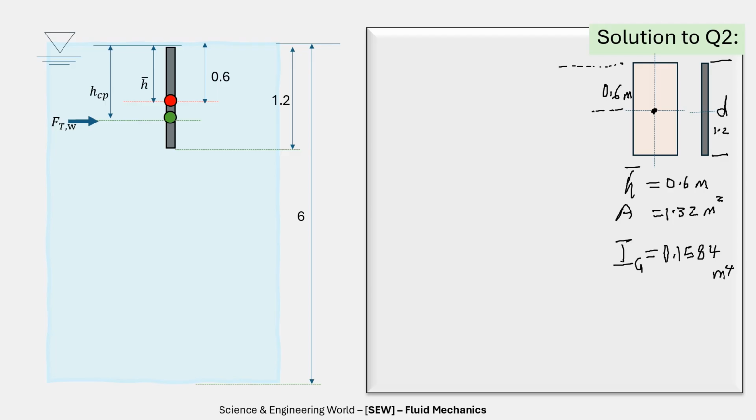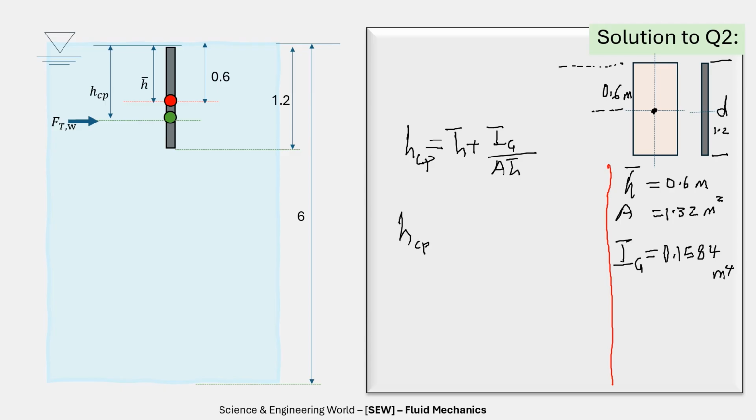The expression for the center of pressure is still the same thing, and it is HCP equals H bar plus IG over H bar. So let's substitute these values in our HCP. So substituting the values into HCP, we have